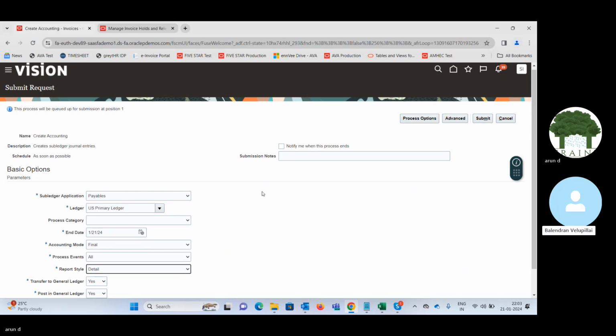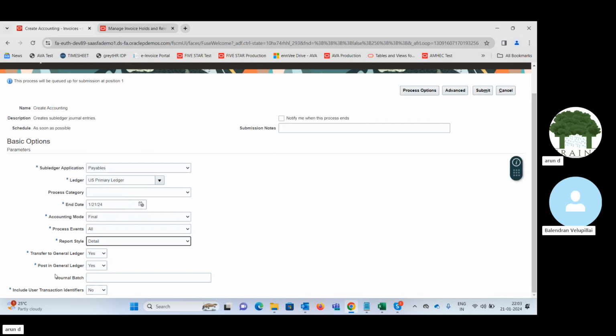So there is no difference in Fusion, create accounting and post, right? Correct. Because here we are saying both transfer to ledger and post in general ledger, but there we don't have the option of transferring to general ledger, so it is directly posting in the general ledger. But here, even if you say no, we cannot do any corrections on the accounted journals, right? No. Corrections, if the source allows us to change it, we'll be able to change it